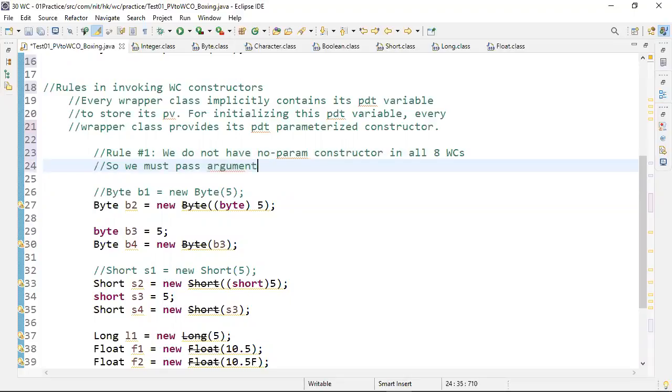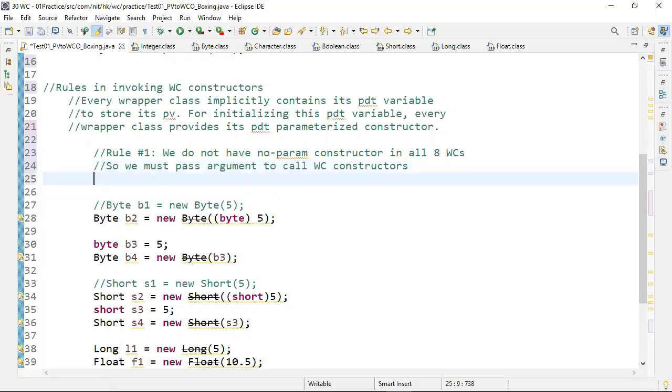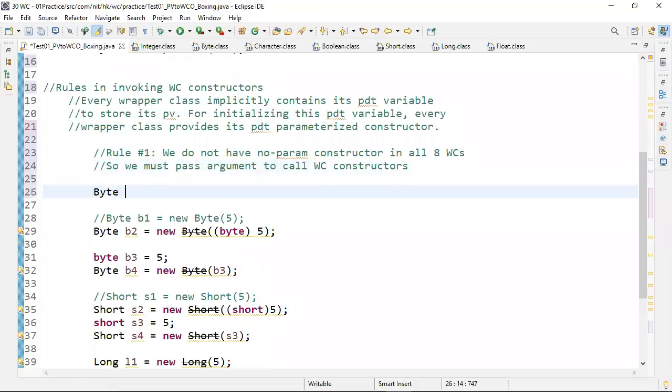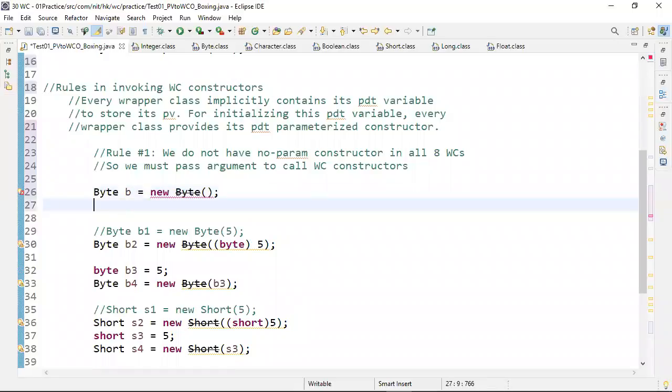Argument to call wrapper class constructors. For example, I'm writing byte b equal to new Byte(), the compiler will throw error. This is the rule number 1.